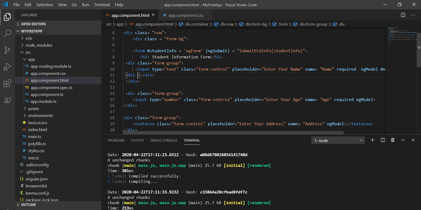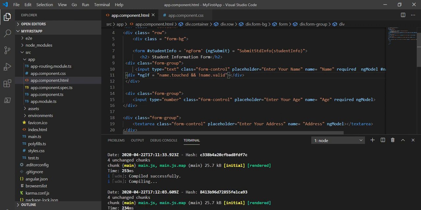Inside the div, I will check with *ngIf: if name.touched and name is not valid.